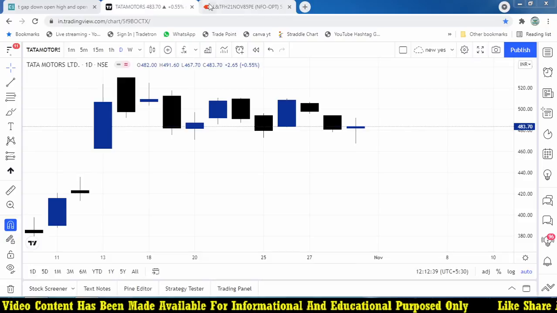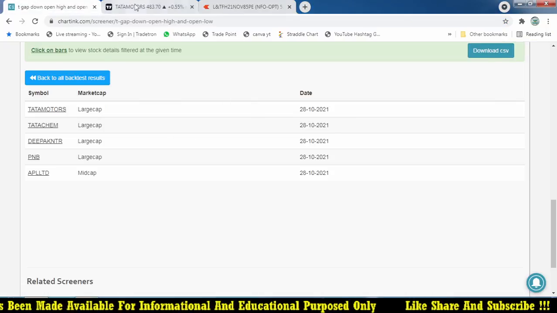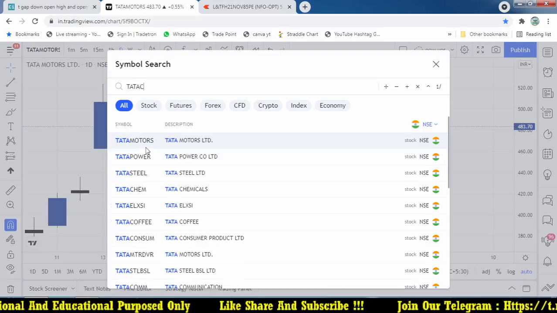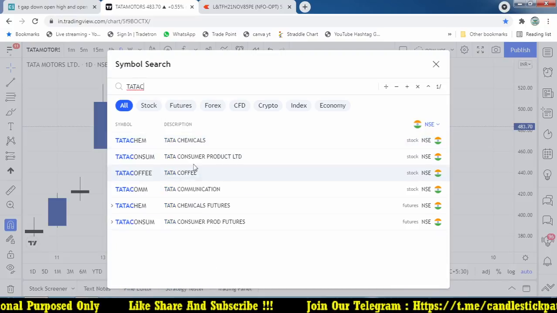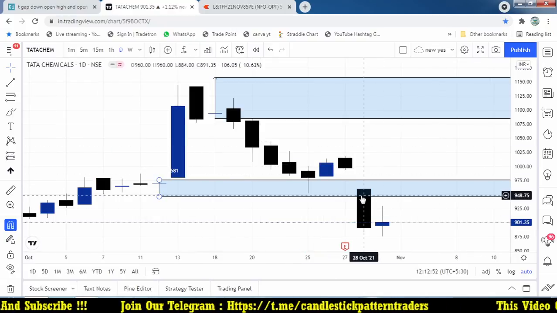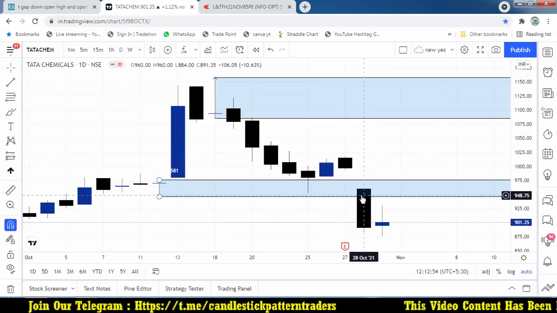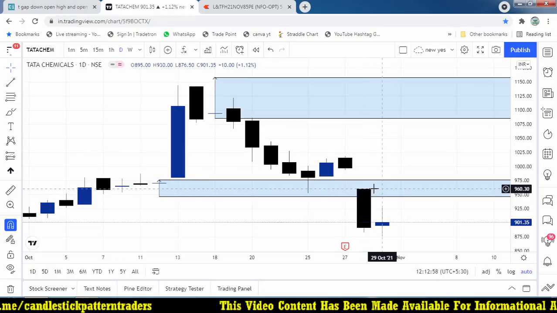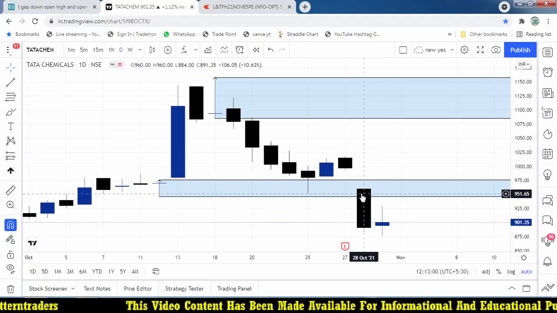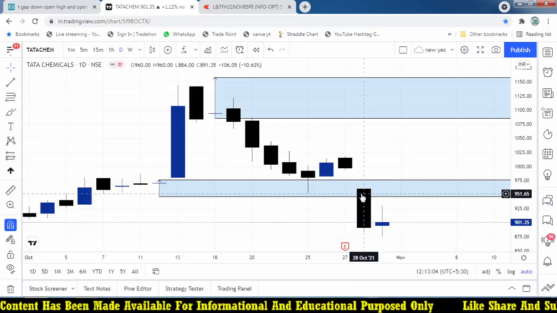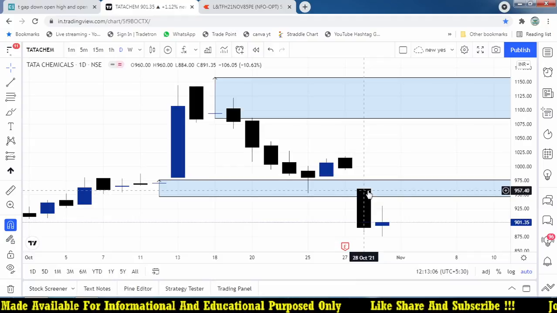And some other stocks which formed are present, like Tata Chemical. So let's say Tata Chemical, perfect again. Open high around 960, and from 960 it is coming down to 884. If I buy a 960 put option, this is the 28th, I think the nearby expiry day, so I cannot get that previous data.